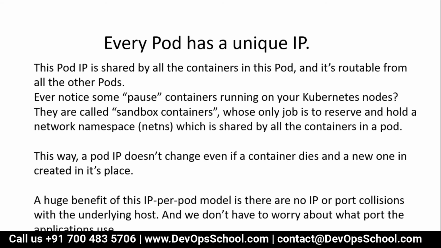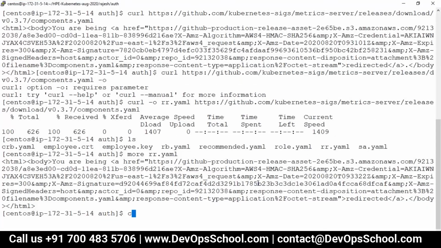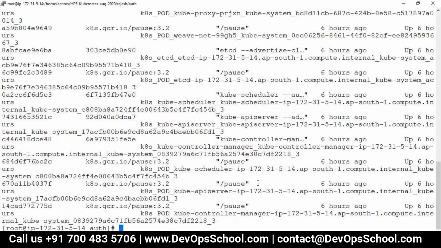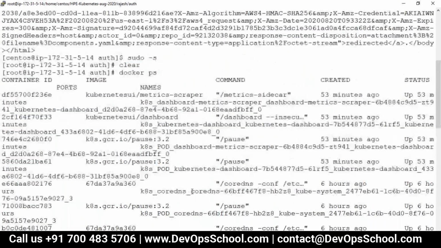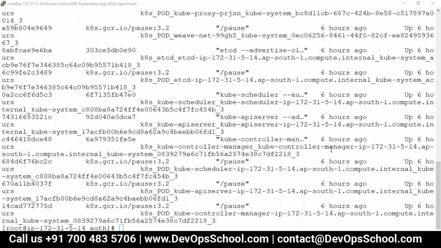So this is my master. Docker ps, you know very well. So many containers are there, but I want to know the containers which are pause containers with the pause title.